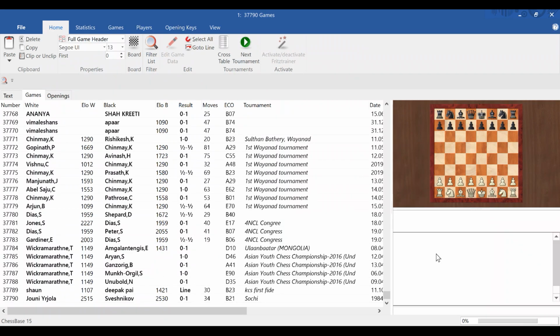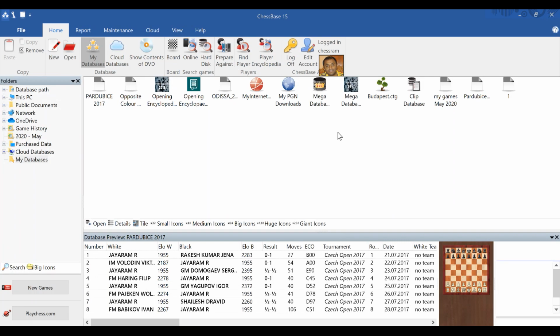So next, what do we do with these PGN files? When there are so many games in the PGN file, it is very difficult to individually search for tactics from an individual PGN file when you have thousands of PGN files. So that's the reason we combined all of them. And now let's say we want to search for some tactics within this PGN file or a position within this PGN file. I'm just going to close it, and you can see that this 1.pgn is already showing up in